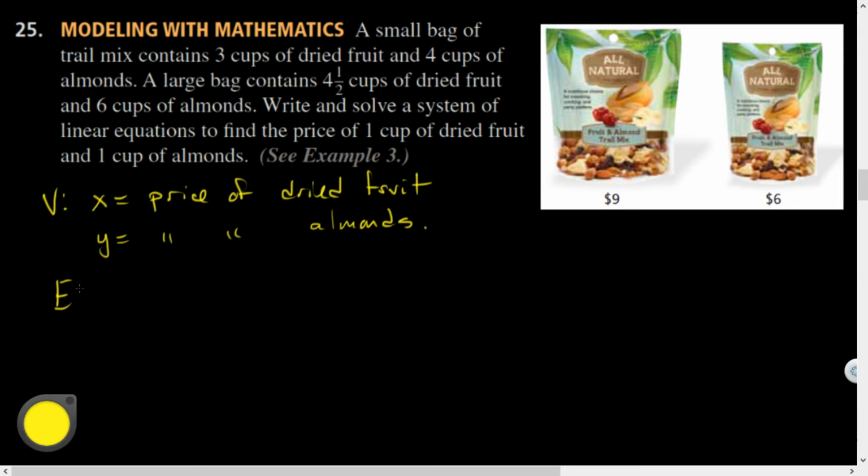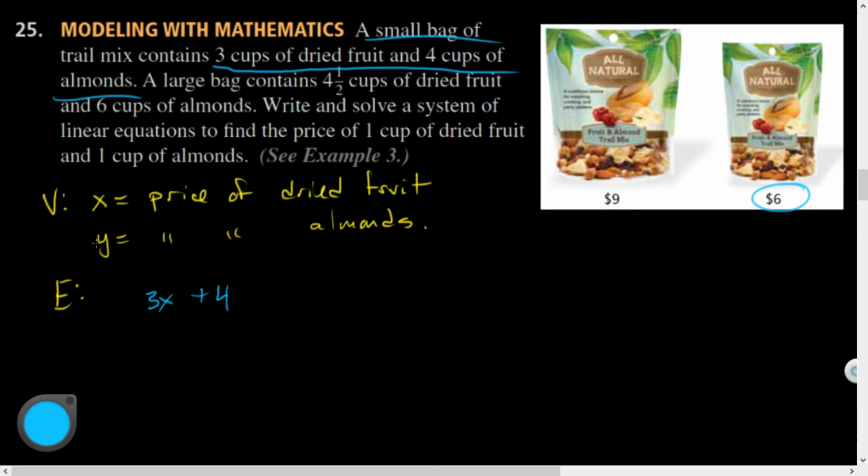So let's see if we can write some equations based off of these facts. So first equation, I think, could be written based off of this, and maybe this. Lots of information coming into play here. How could I combine all of that blue information? What's that going to look like? I'm also going to need these. So 3x, so 3 cups multiplied by the price per cup of dried fruit, plus 4